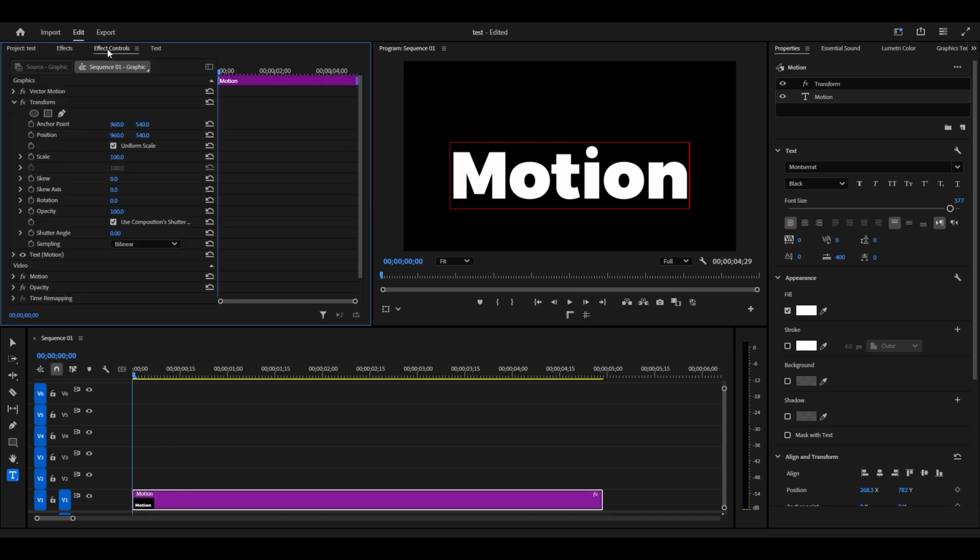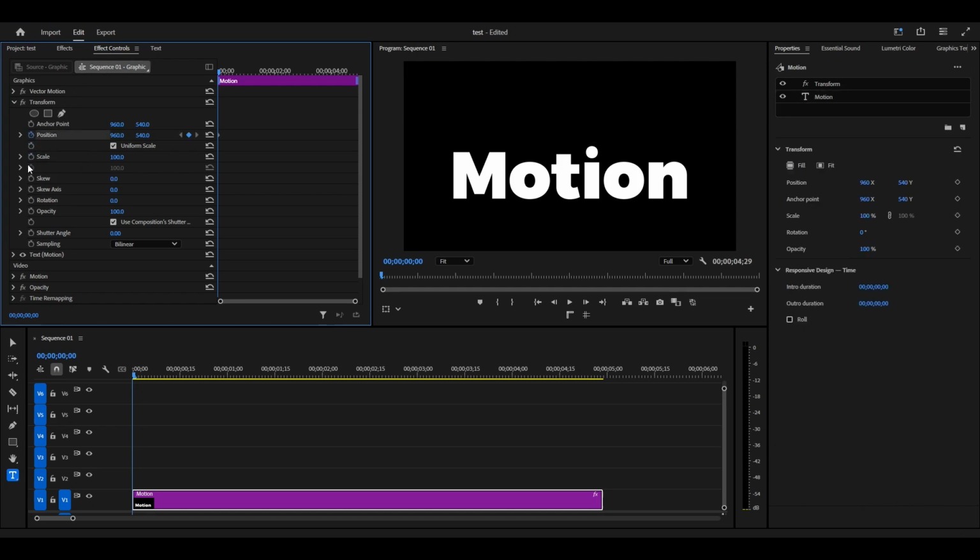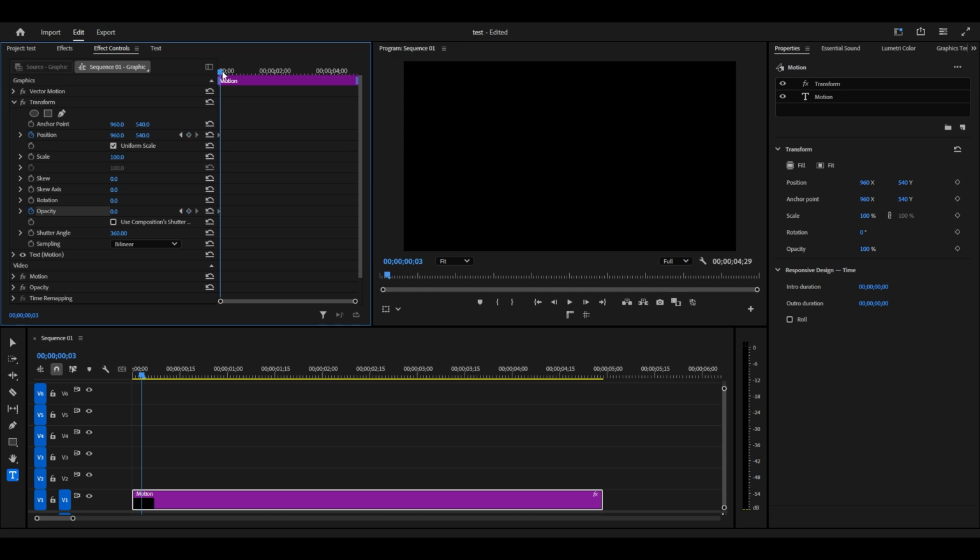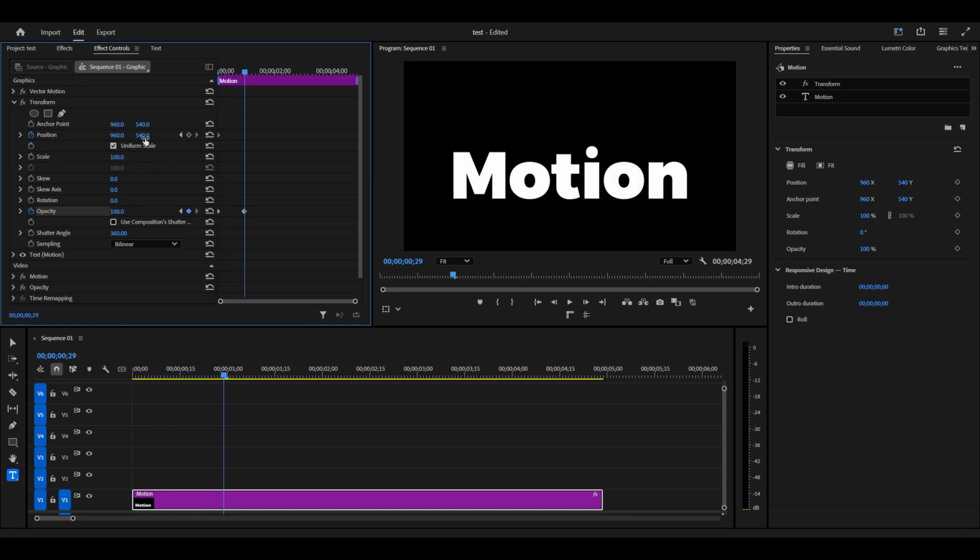Go over to Effect Controls and under Transform, click the stopwatch button beside Position and Opacity and change Opacity to 0. Uncheck the Use Composition Shutter Angle and change the angle to 360. Now move your timeline slider ahead 1 second and modify Opacity to 100, then decrease the Y position of your